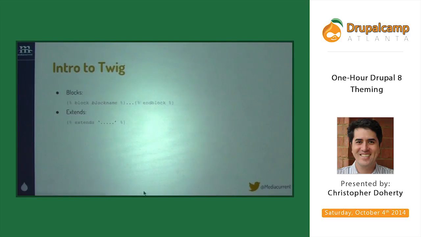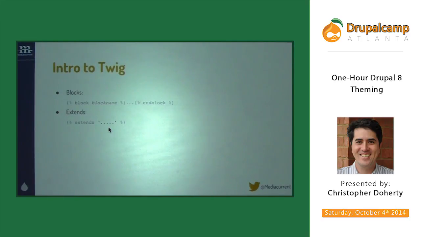And the way this works is I put this in another template, and then inside the two marks here, I would put the path to the template I want to extend.